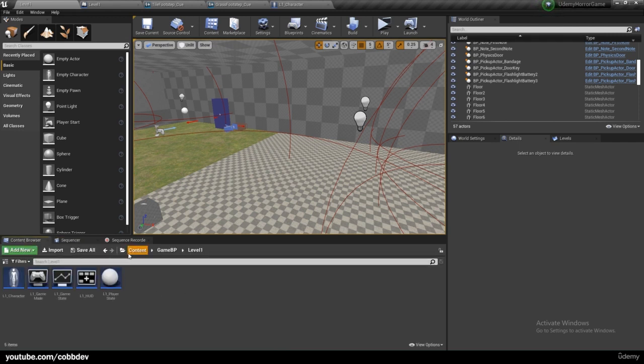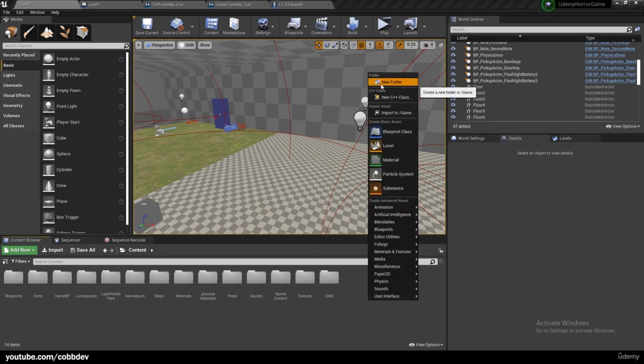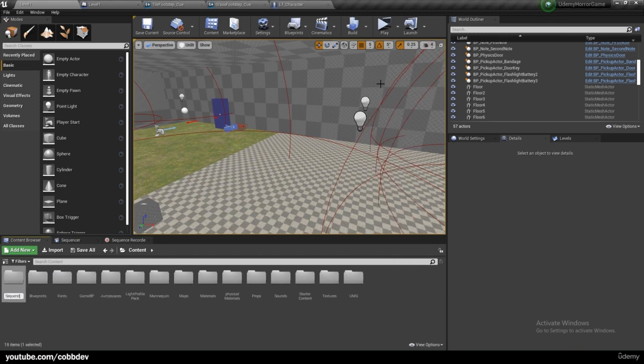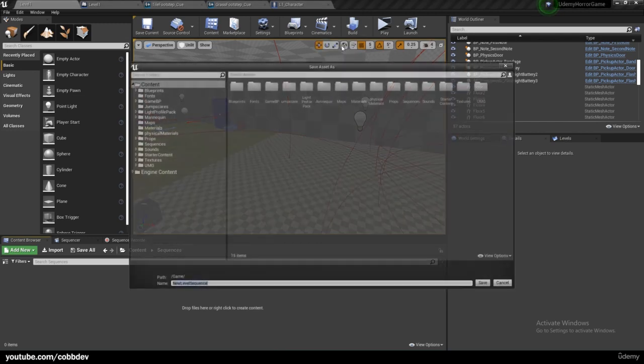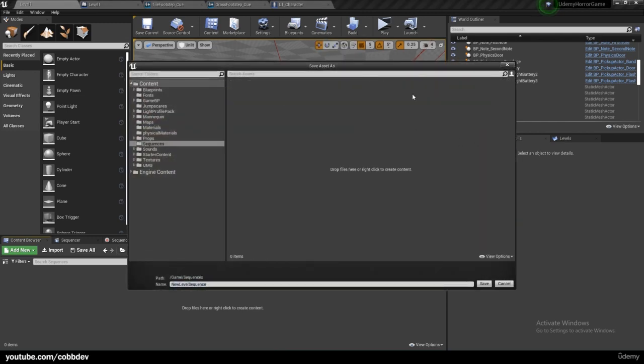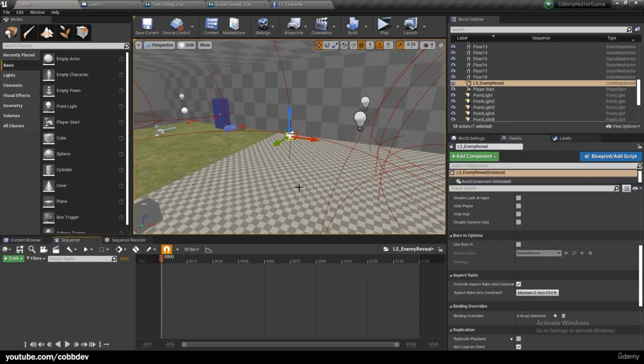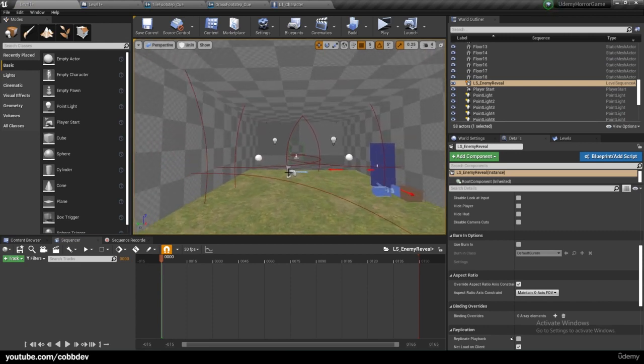So if we go to our content browser, make a new folder called sequences, we can create our sequences in here. So we'll make a new one by going up here to cinematics and pressing add level sequence, and we'll just choose our sequences folder. And I'm going to call this LS for level sequence enemy reveal,